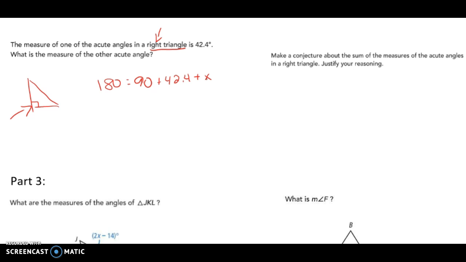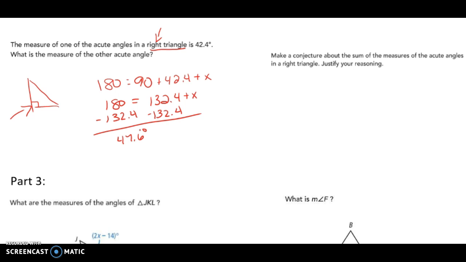So then we're going to go ahead and add the 90 and the 42.4, and we're going to get 132.4. Plus x is going to equal 180. Subtract out the 132.4, and you will find that it is going to be 47.6